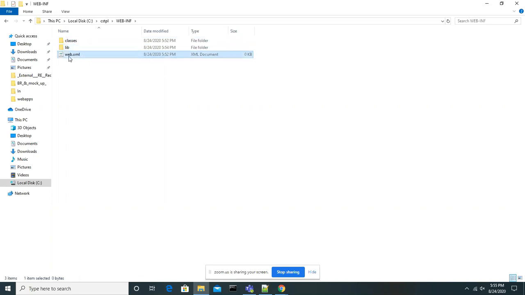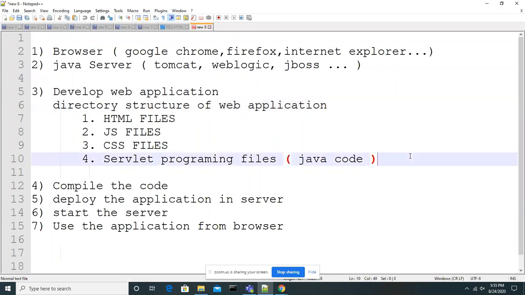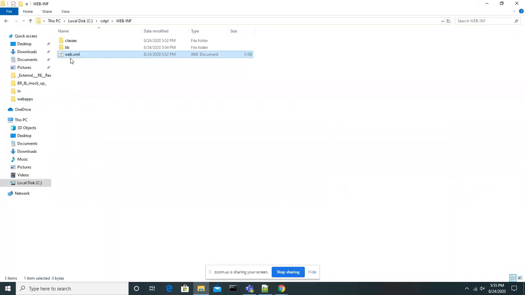So the web.xml will have all the configuration about the project. What are the resources? Like all the servlet programming. I already told that, right? As part of the web application, we will create the servlet programs. All servlet program related configuration we will do here. Okay, project name and many configuration related stuff we will configure here. We will come to this point, but just try to understand the purpose of each and every element in this structure.